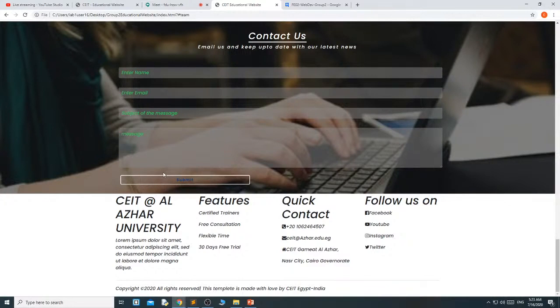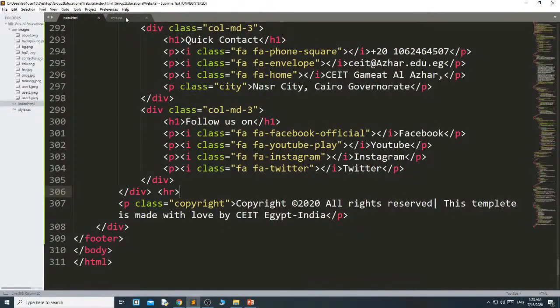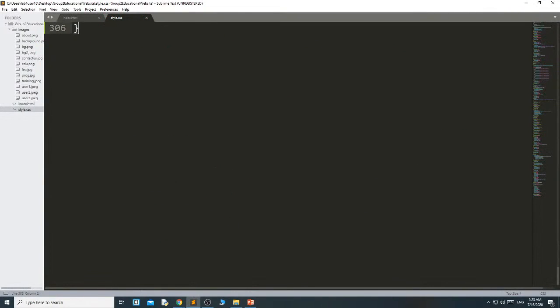Now we need to design it using the CSS. Then go to the style.css. Now we have to design it. Footer. First we have to give some padding.